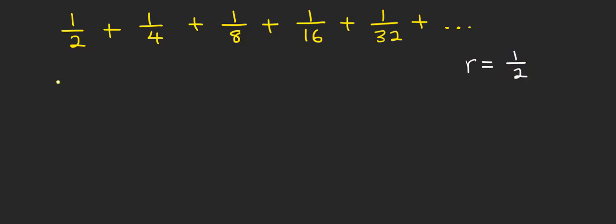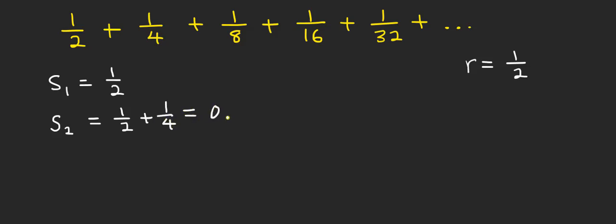Now, what will be S1? That is a partial sum when you only add the first term, which is just 1 over 2. What about the partial sum S2? That is when you add the first two terms, which is 1 over 2 plus 1 over 4, and that is 0.75. What about S3? That's when you add the first three terms. So you get 1 over 2 plus 1 over 4 plus 1 over 8, which is approximately